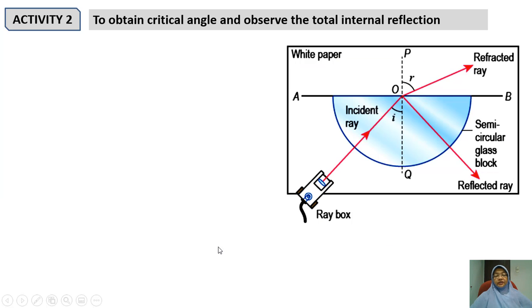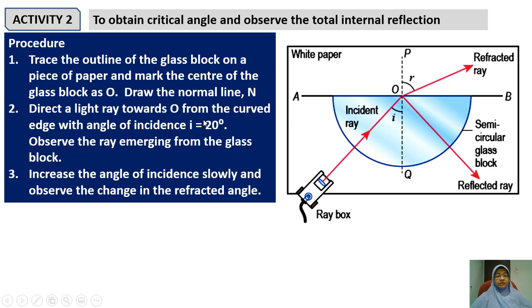Okay, now we do an experiment to obtain the critical angle and observe total internal reflection. So this is the procedure. We have a white paper. We put the semicircle glass block on the paper, and we first trace the semicircle glass block, and then we draw the normal line. Okay, next we put back the glass block, and then we use the ray box to